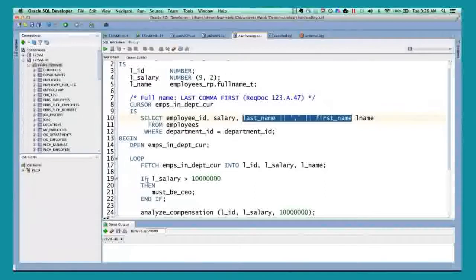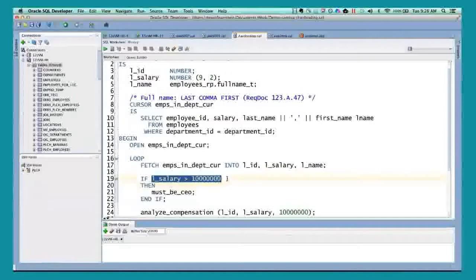Here's another rule. If the salary is greater than 10 million, that defines who the CEO is. Well, that's likely to change, right? Your CEO might say, I don't deserve $10 million or $11 million. I deserve 1 million, and I should give all the rest to the developers in my organization. So the rule could change, but the point is that these very simple rules are the ones that often escape our attention and don't motivate us to hide them, to encapsulate them behind functions.